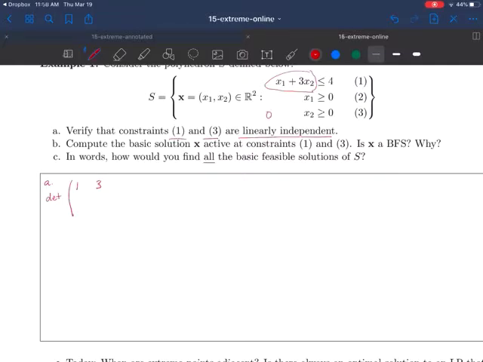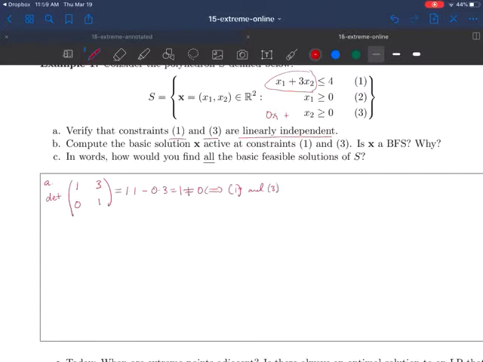Here, remember, could be written as 0 times x1 plus 1 times x2 is greater or equal to 0, so this is 0 and 1. And we calculate its determinant. The determinant here is of a 2 by 2 matrix, it's just 1 times 1 minus 0 times 3, which is equal to 1. And we check that it's not equal to 0,